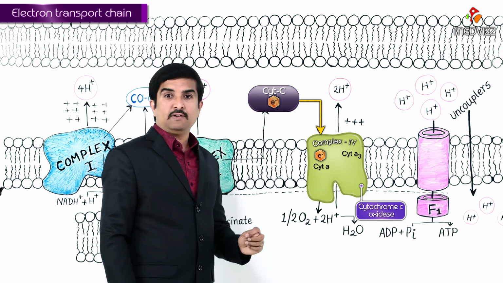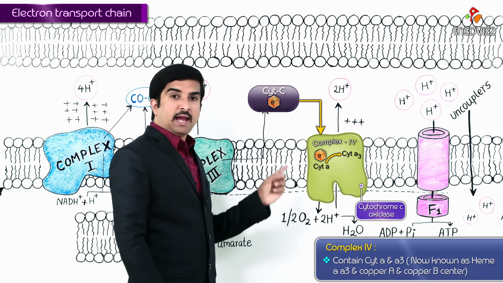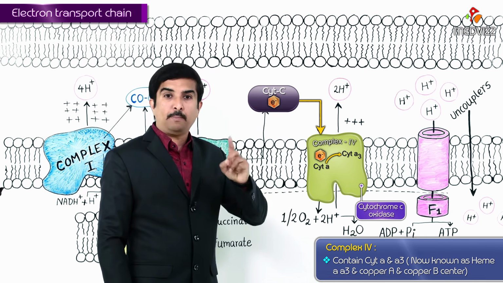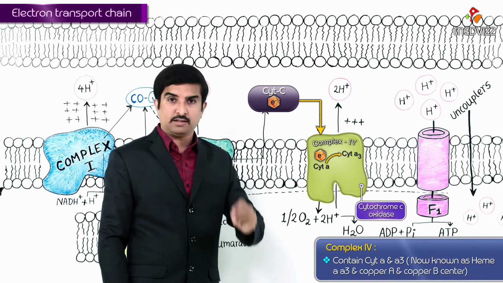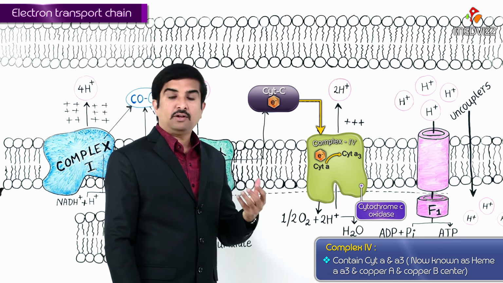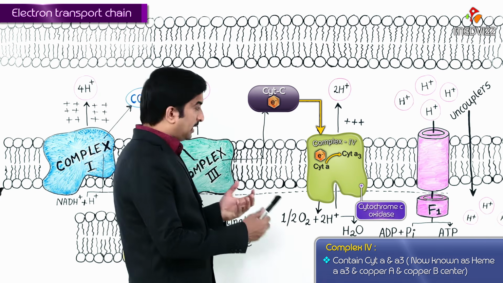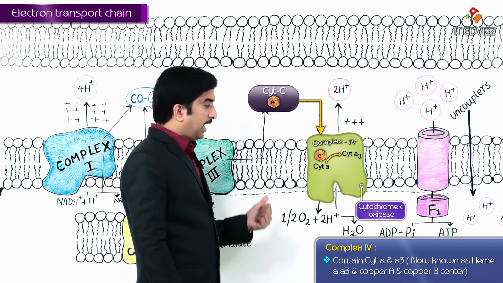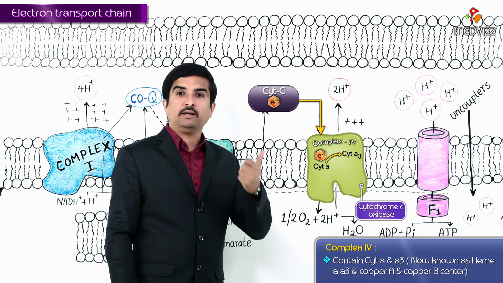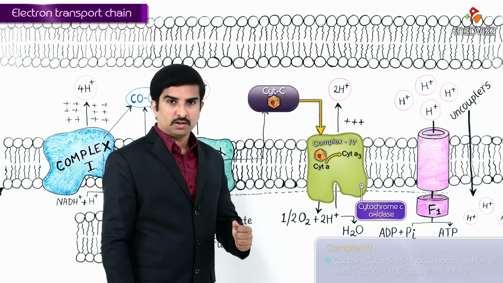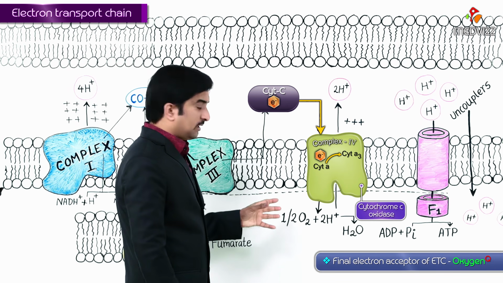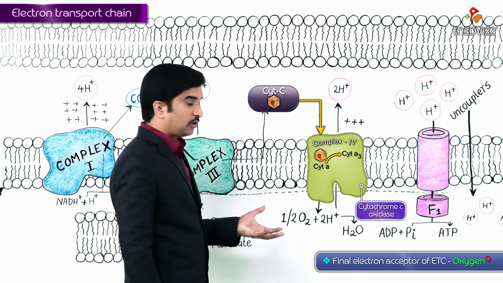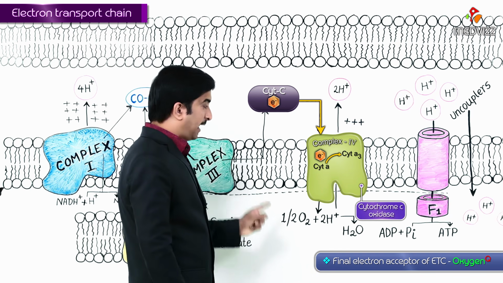Now recently we will call it as heme A, A3 and copper A and copper B center, because they are heme proteins, they also contain copper other than iron. So that is the reason we are calling it as heme A, A3 as well as copper A and copper B center, right? At complex 4, oxygen is the one which is accepting electrons and it is the final